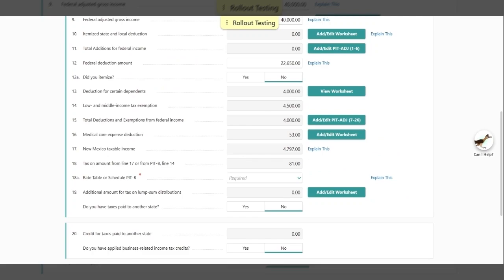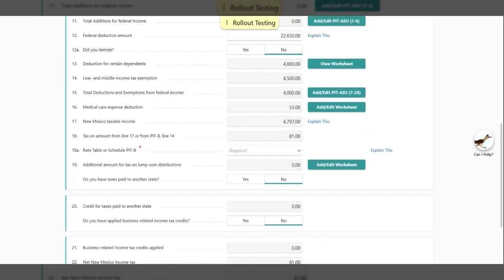On line 17, you'll see the taxable income. This amount is calculated by adding lines 9 through 11 and subtracting lines 12 through 16. For this example, the taxable income is $4,797. Line 18, tax on amount for line 17 or from PIT B, line 14, is automatically filled in using the